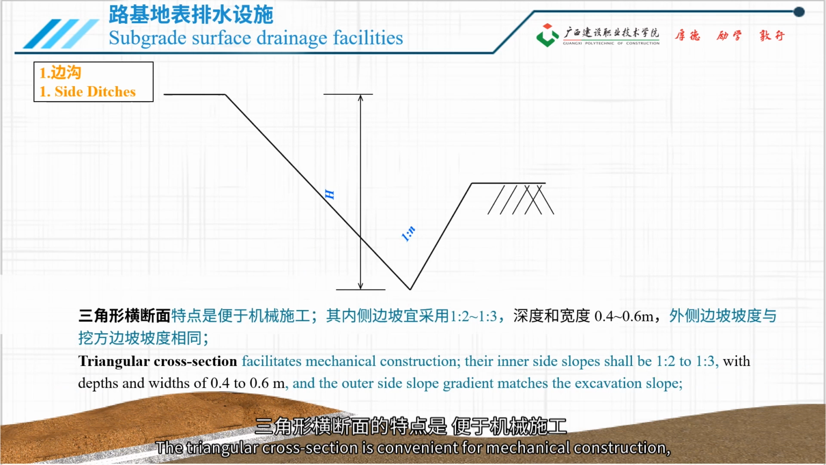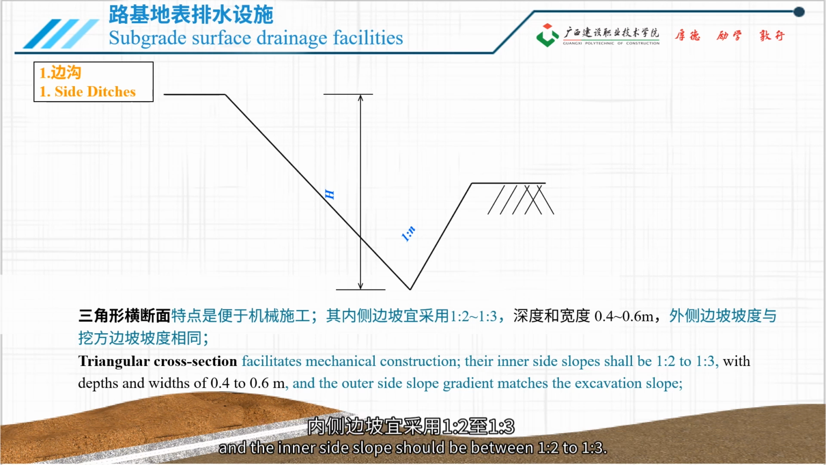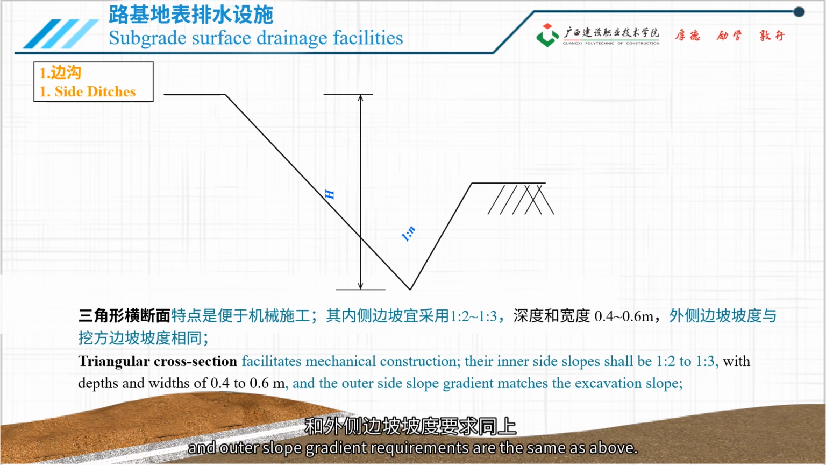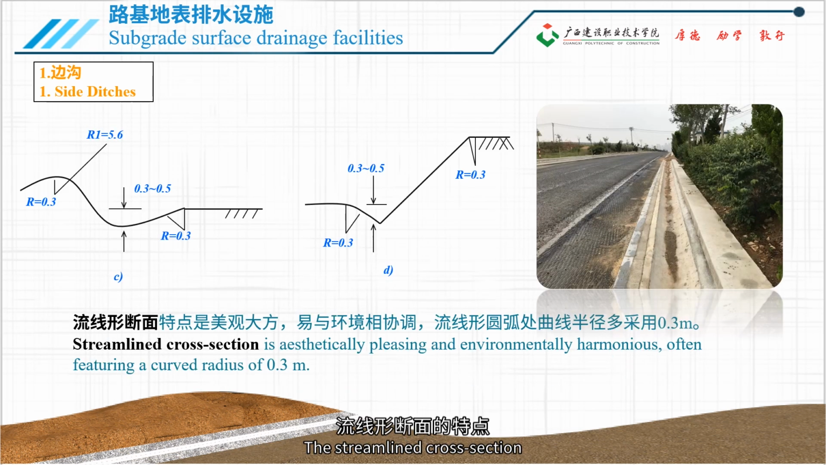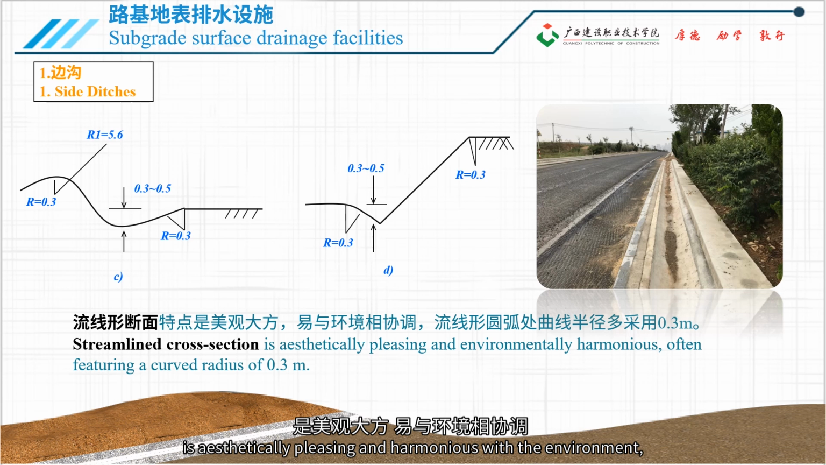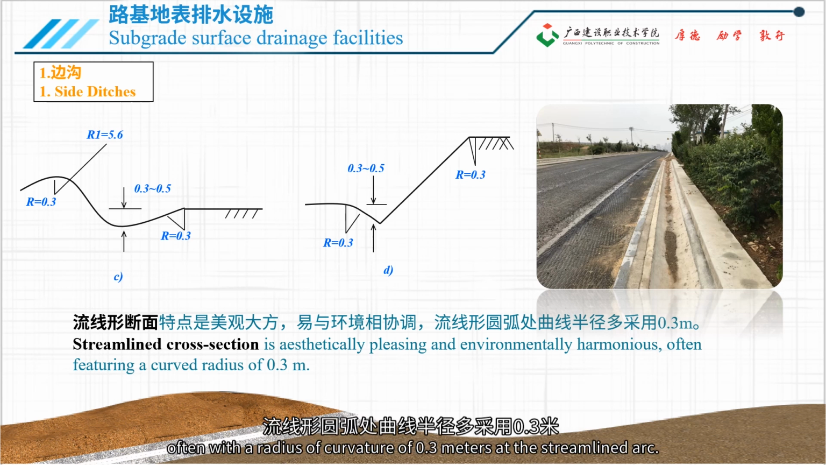The triangular cross-section is convenient for mechanical construction, and the inner side slope should be between 1:2 to 1:3. Its depth H, width B, and outer slope gradient requirements are the same as above. The streamlined cross-section is aesthetically pleasing and harmonious with the environment, often with a radius of curvature of 0.3 meters